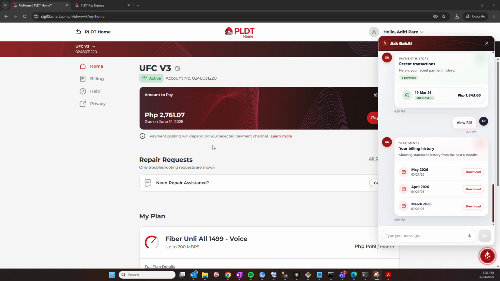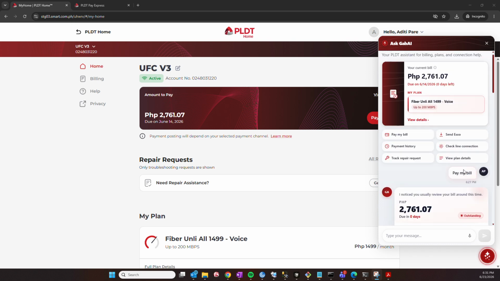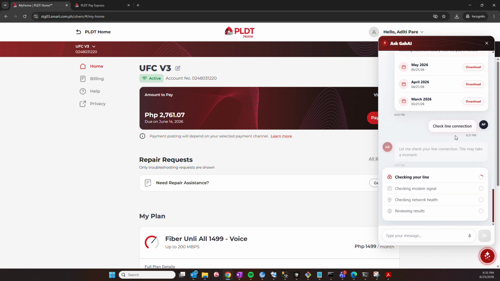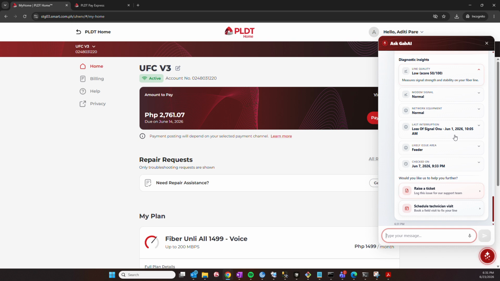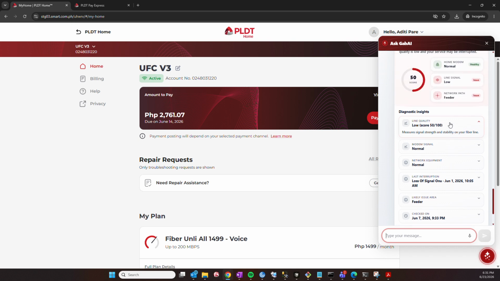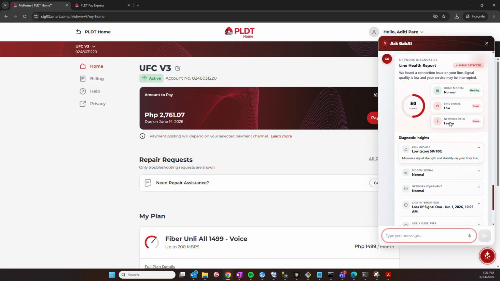Next is to check your line connection. The internet is acting up. Tap check line connection, and Gab AI runs a live diagnostic on your line, your modem, and your network health. Right before your eyes, it tells you exactly what's wrong in plain language. And here's the best part.